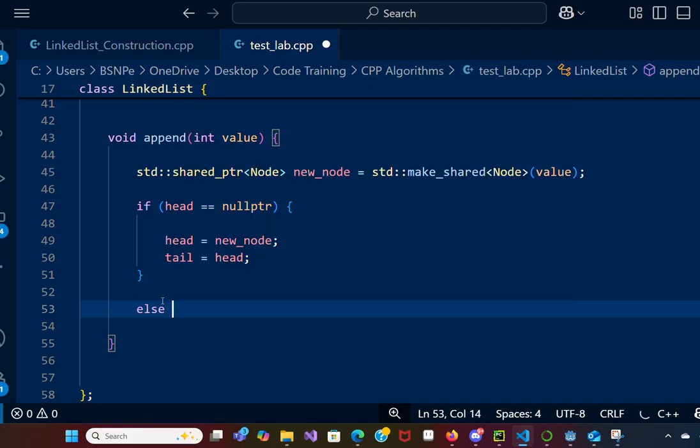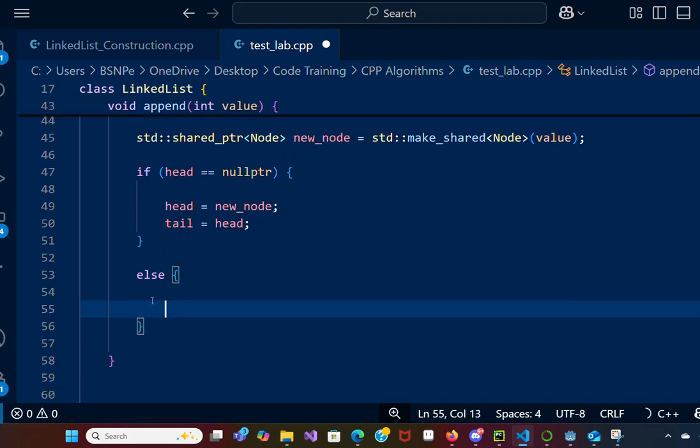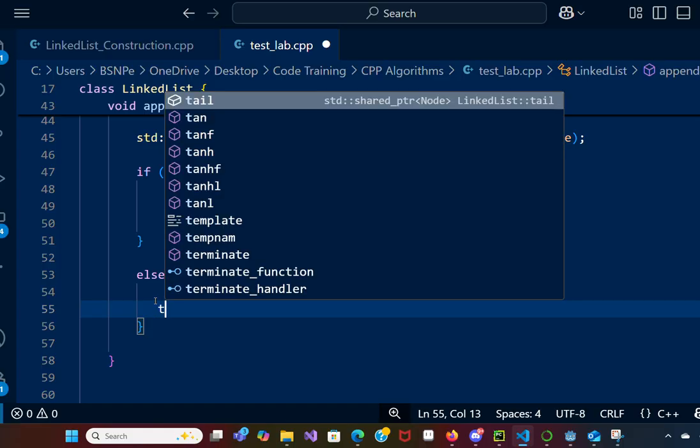And then we can just say else, if the linked list is not empty. We don't need any other more specific condition. If the linked list is not empty, if there is any number of nodes, 1, 200, 10,000, it doesn't matter, the logic is going to be the same. What we can then say is that tail